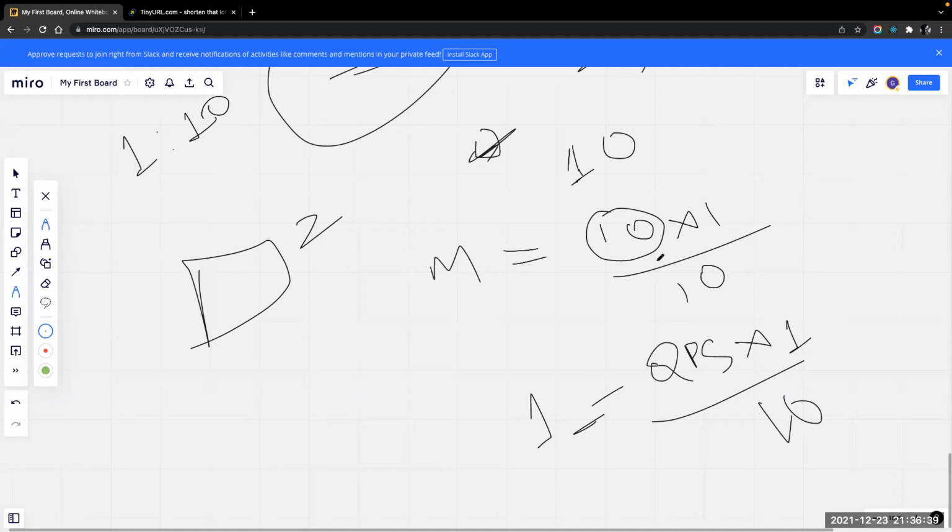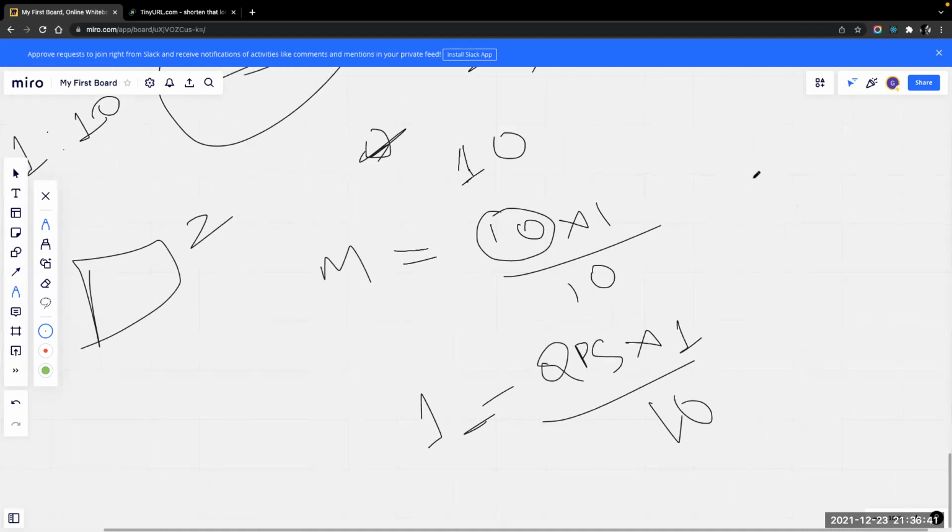Similarly, we'll calculate that for the slave nodes. For slave, we'll do QPS into the reading ratio node, that is 10, divided by the total nodes. So like this we will find the slave nodes. This will be 10, so we require 10 slave nodes.